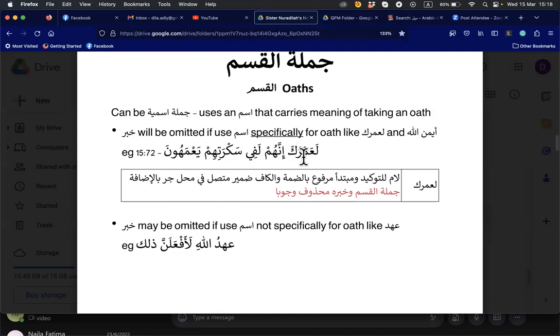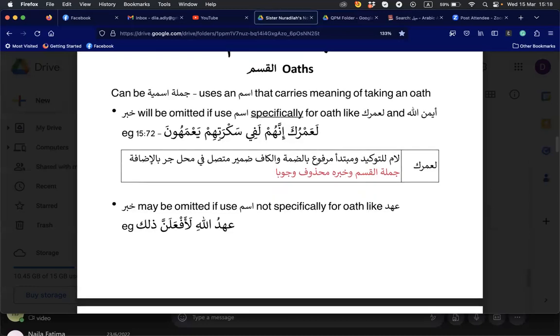I don't understand what the khabar is. We call la amruk a mubtada. Oh, I see. So we need to have a khabar actually, right? Before the jawabul qasam, you have to have a khabar. Yes, but we don't say that the jawabul qasam is the khabar, right? So the khabar is mahzuf and wajib to be mahzuf, wujuban. Now clear, insyaAllah? Yes. Alhamdulillah.